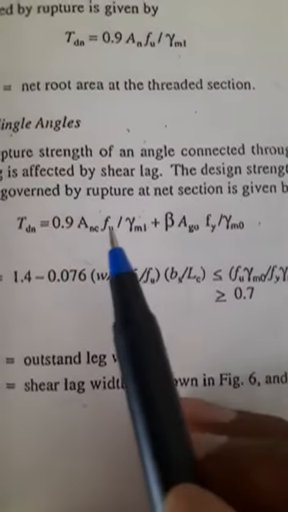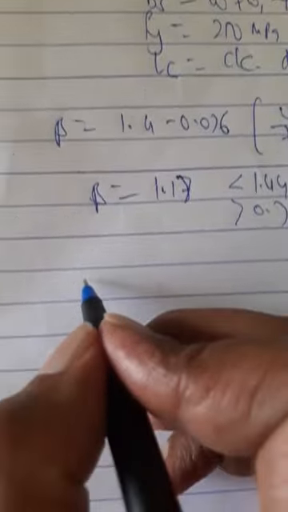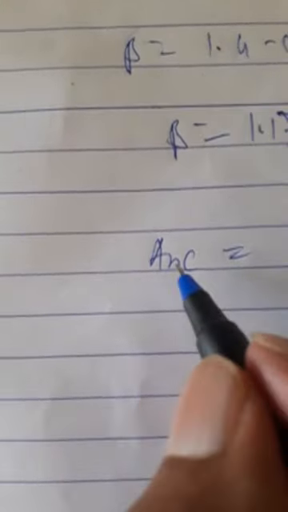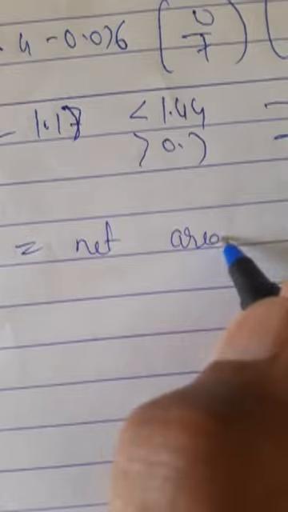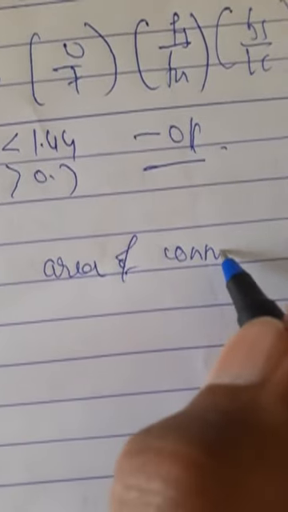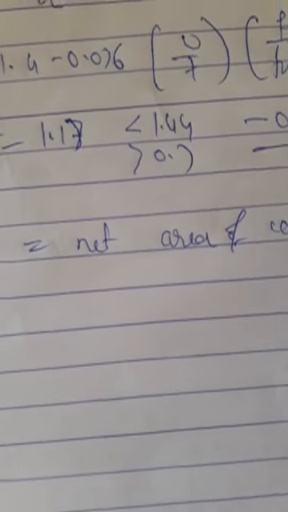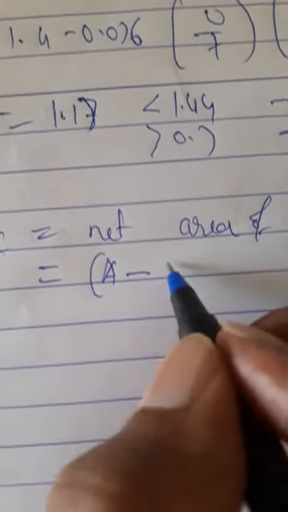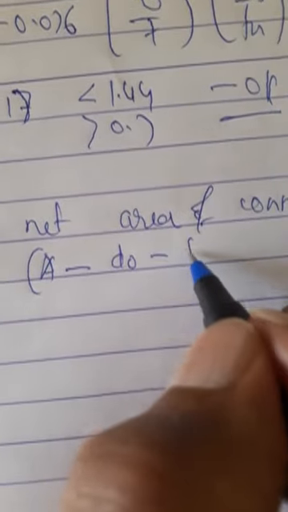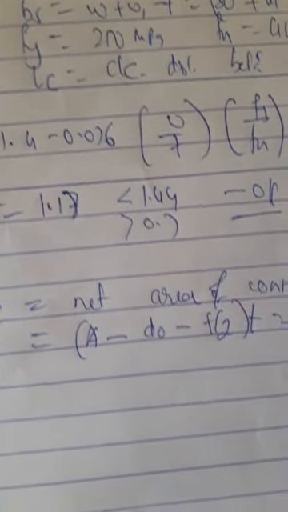Now if you look at the equation for Tdn, here you need to calculate Anc and Ago. So let us calculate these two terms. Anc: A is area, N is net, C is connected. So net area of connected leg. Net means you have to subtract the bolt values, bolt diameter. So for the connected leg, it is (A minus d0 minus t by 2) into t. So A is 80 minus, if you look at this diagram,